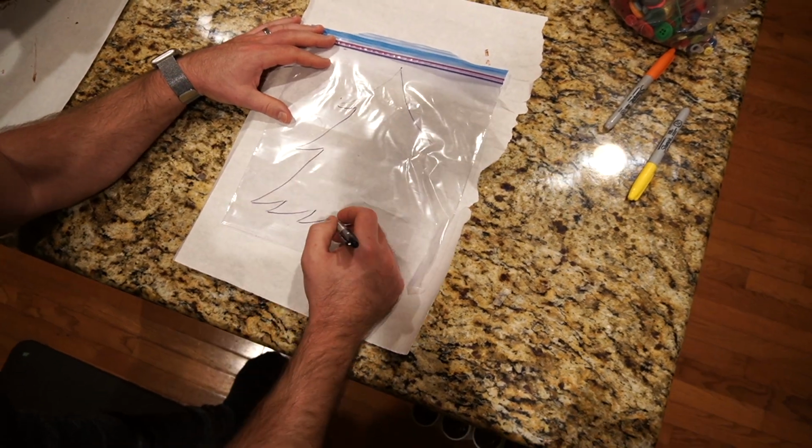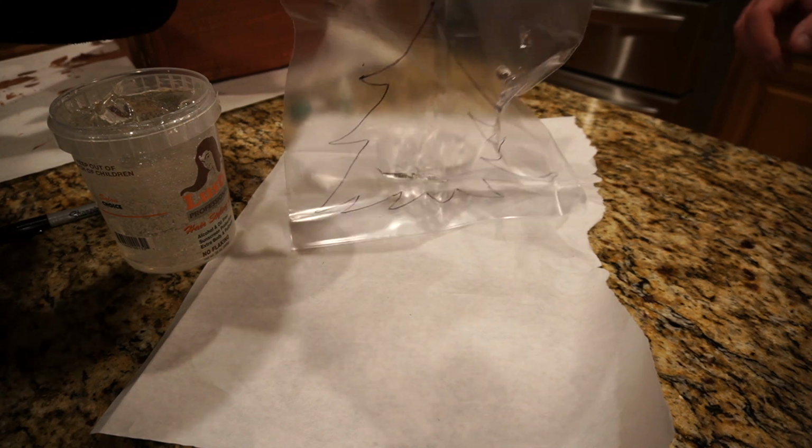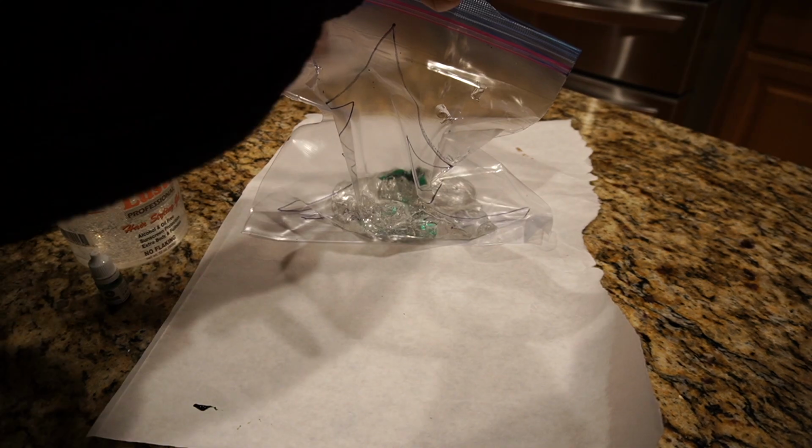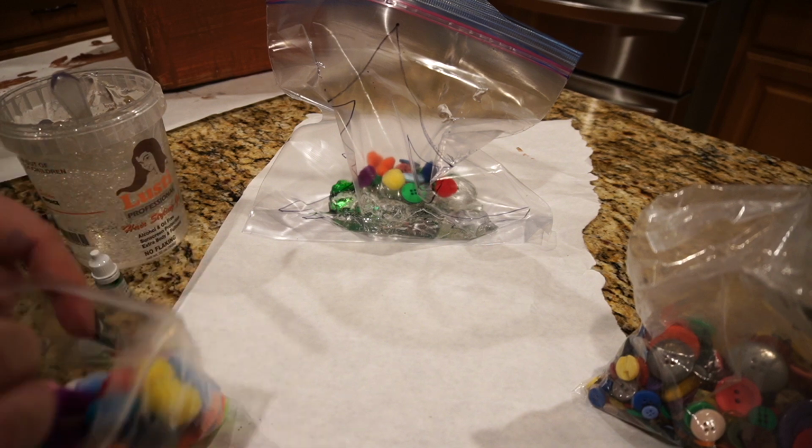Another great sensory activity is a Christmas tree sensory bag. I started by drawing a Christmas tree with a Sharpie on a large Ziploc bag, and then I added a few large scoops of clear hair gel and a few drops of green food coloring. Next, just add some buttons or small pom-poms, which will be used as ornaments,